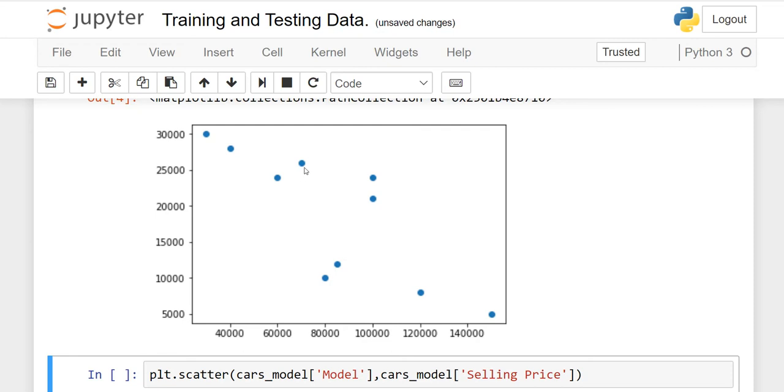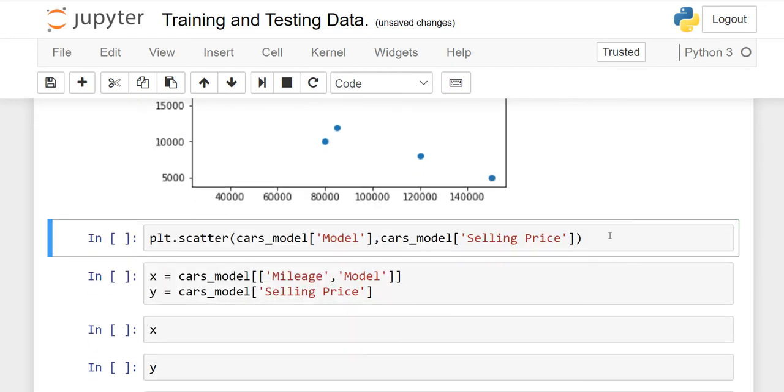Even though all points are not on the line, there is a strong relationship, but a negatively strong relationship. Not exactly -1, maybe -0.9, or maybe -0.89, or whatever, right? But there is a negative relationship between the two variables. As the mileage increases, the price decreases.